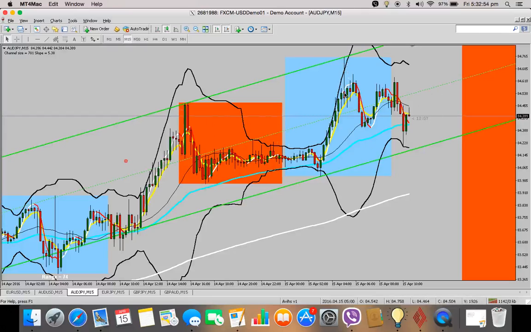So I wait for this, I wait for the consolidation, then I wait for a few candles pushing down. This could be 2 candles, it could be 1 big candle, this could be 3 candles in this instance. Sometimes it will probably be a 4th candle with a nice long wick down the bottom here. Now, when I see this happen, and this